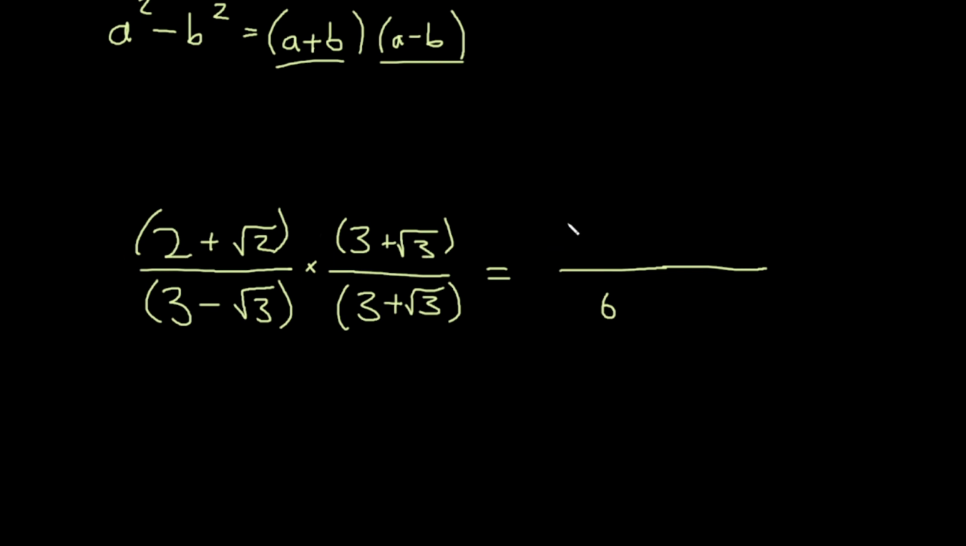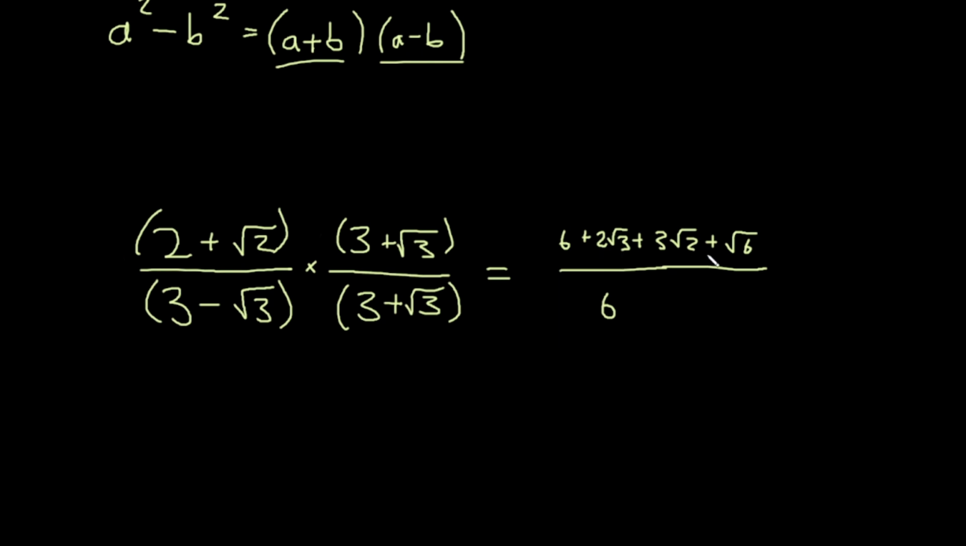We have 2 times 3, which is just 6. We have 2 times root 3, which is just 2 root 3. We have root 2 times 3, which is 3 root 2. And we have root 2 times root 3, which is just root 6. Now,